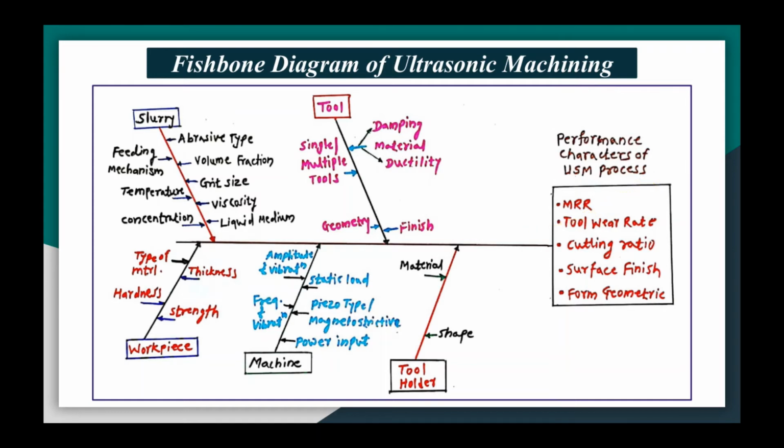Now in this slide I have given the fishbone diagram of ultrasonic machining. Okay, it shows you various parameters which affect the ultrasonic machining process. In case of slurry, the parameters which are affecting the performance of this ultrasonic machining process include the feeding mechanism, then temperature of the slurry,